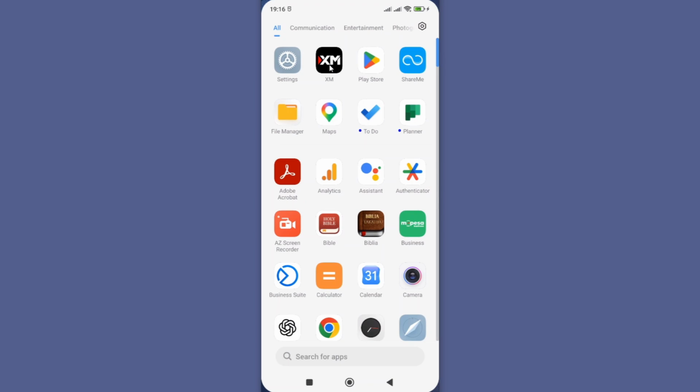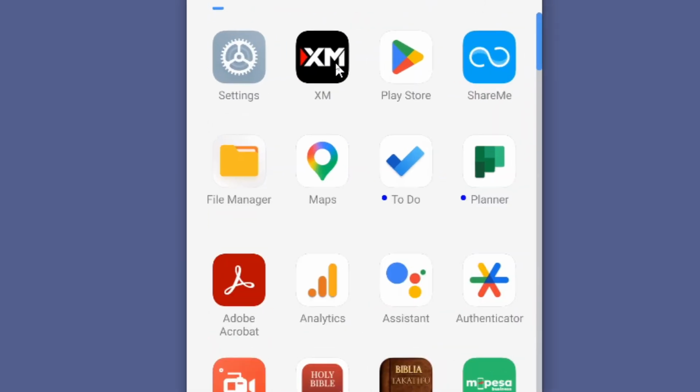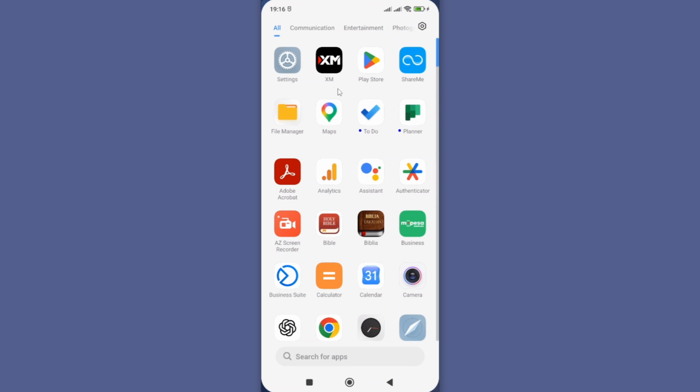In this video, I'm going to show you how you can troubleshoot the XM trading app. If you are experiencing any challenge with your app, maybe your app is not opening, some functions are not working, or your app crashes or it is too slow, then there are quite a number of steps you can take